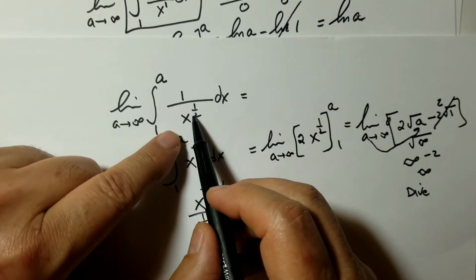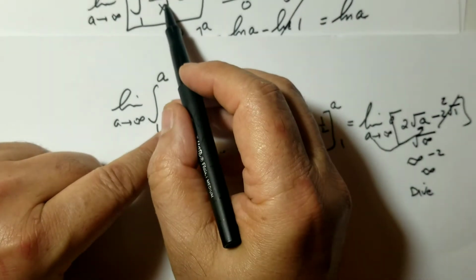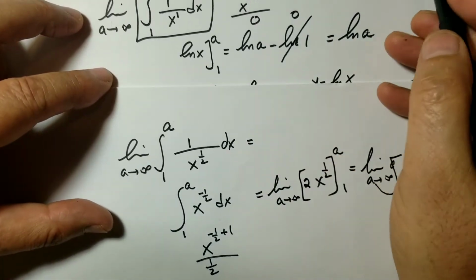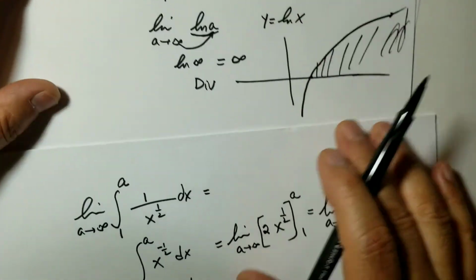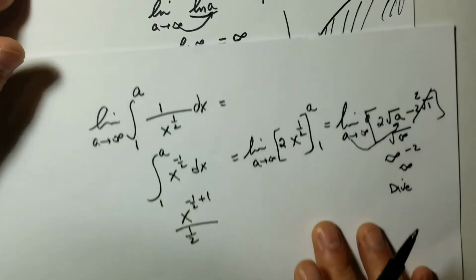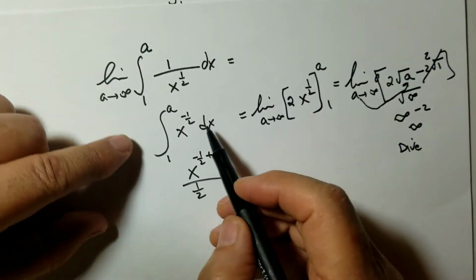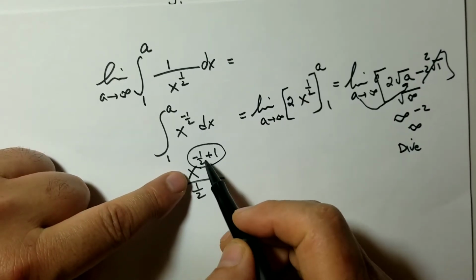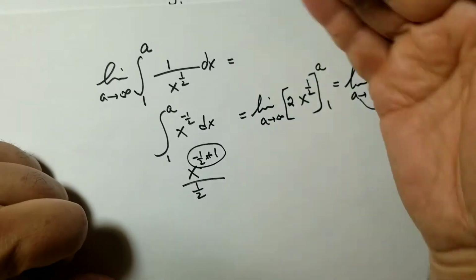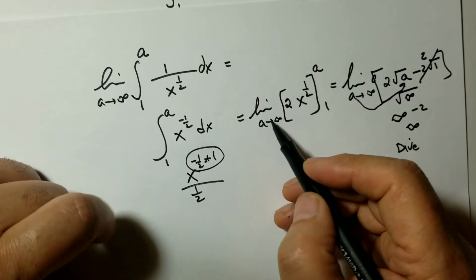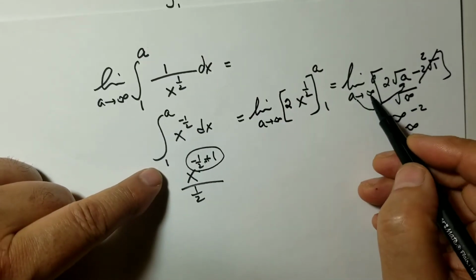Remember, when the power becomes less than 1, it is a natural log. And the natural log, when you go to infinity, the area gets larger and larger and larger. When the power is less than 1, it goes to the top, you add 1 to it, the power becomes positive. You no longer have to bring it down. If you bring it down, there would be a different story, because when you divide 1 over infinity, it becomes